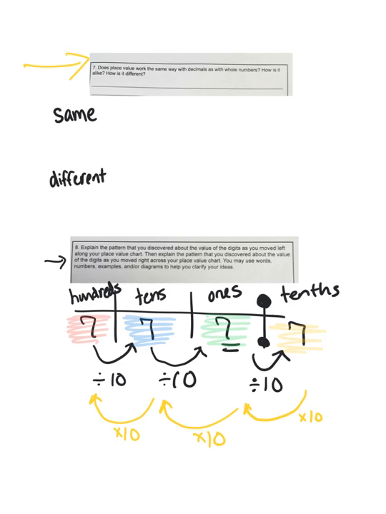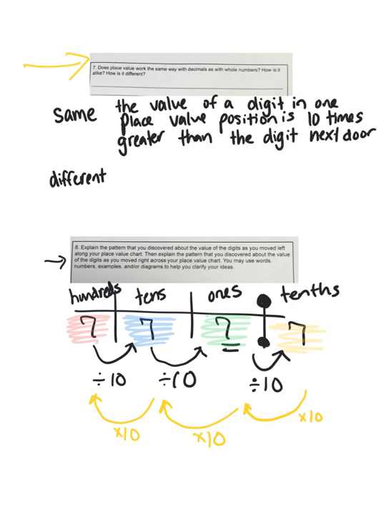So one thing that is the same about place value with whole numbers or with decimals is that the value of the digit in one place value position